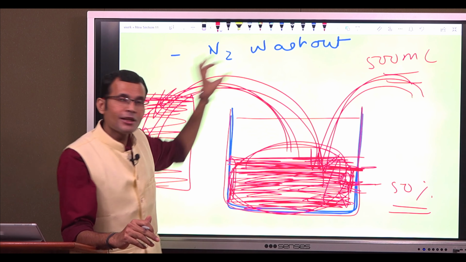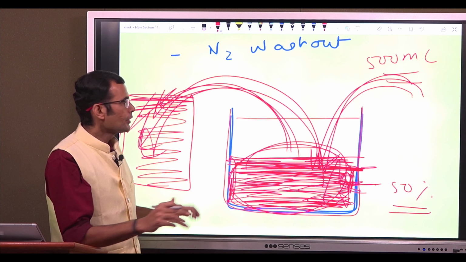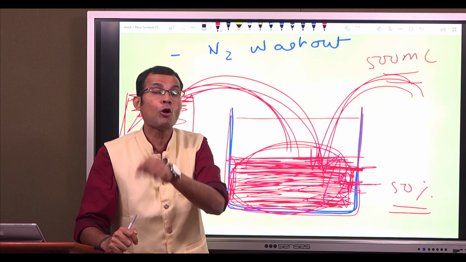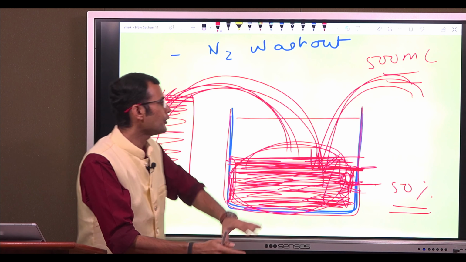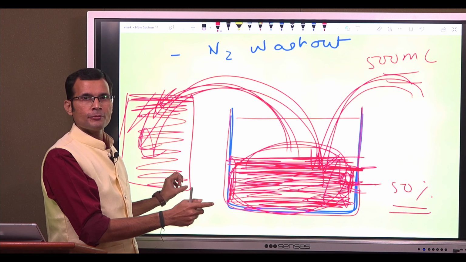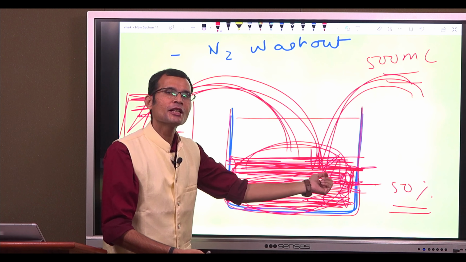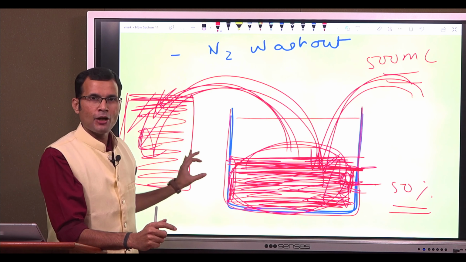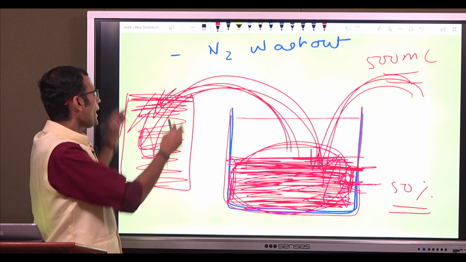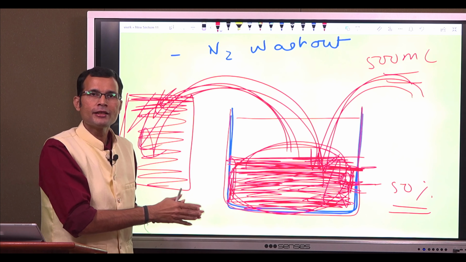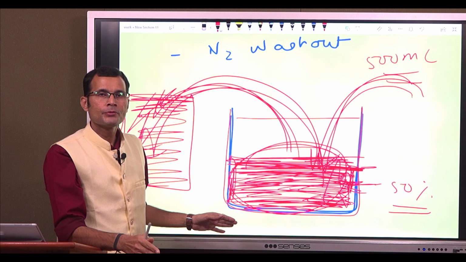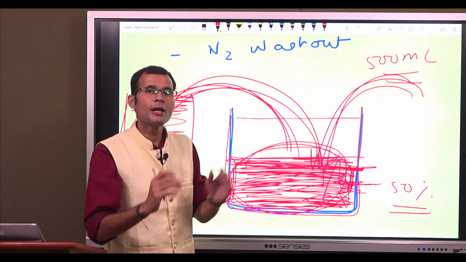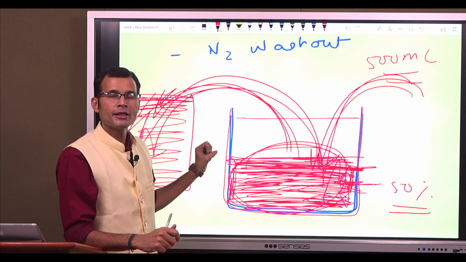And now we start collecting that 80% and we collect it in a bag. Look, the method is the nitrogen washout method. So we are going to wash out that nitrogen just like we washed out the tea powder or coffee powder from this cup. So nitrogen will be taken out from the residual volume and the volume of that nitrogen will be measured. Let's say if it is 800 ml, nitrogen has come out from the residual volume.